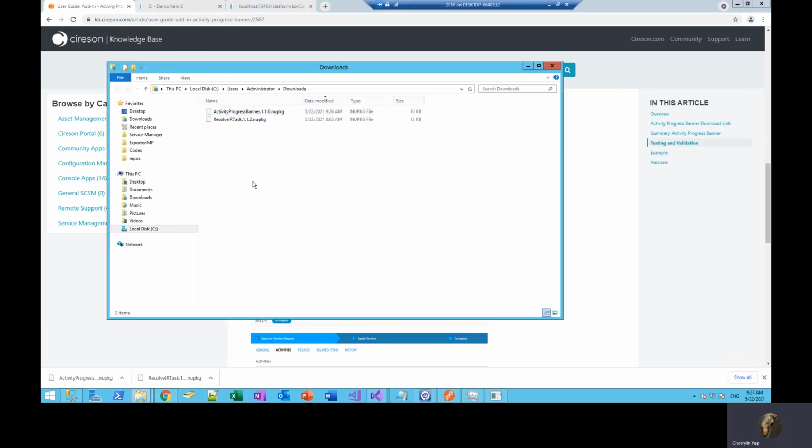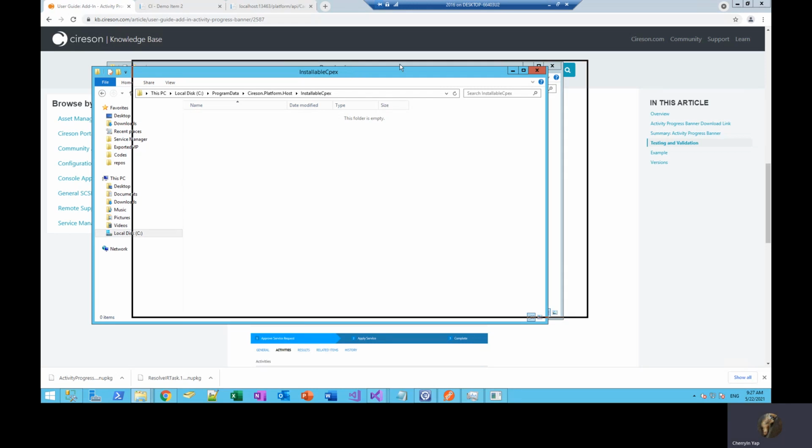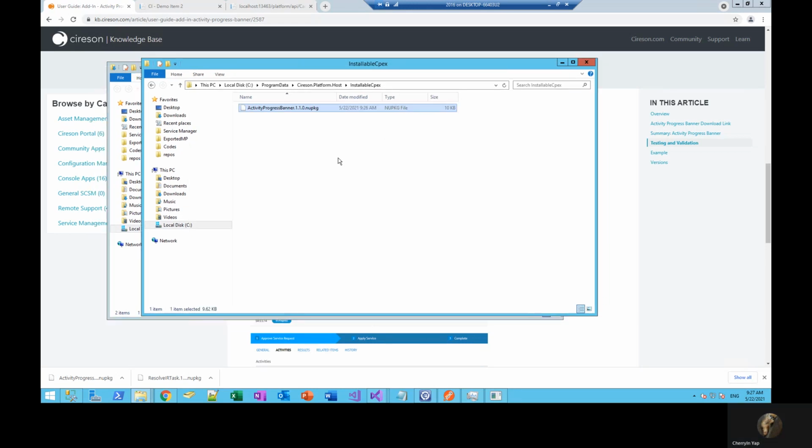Once we have our CPEX downloaded, we copy that over to the installable CPEX folder found at Program Data Cireson Platform host folder.